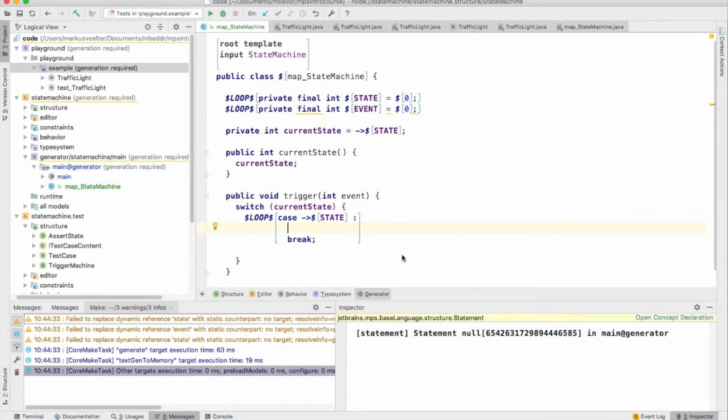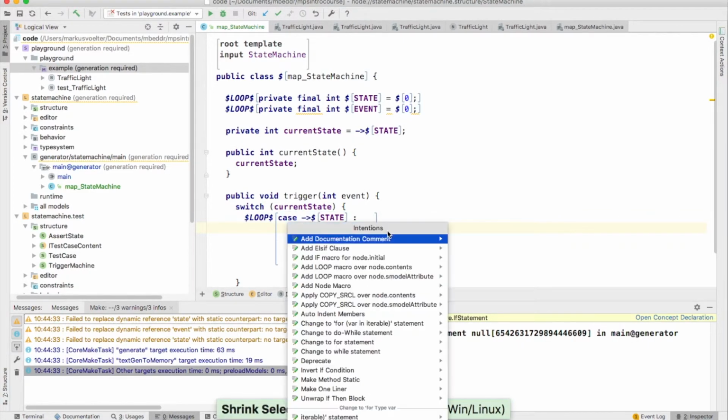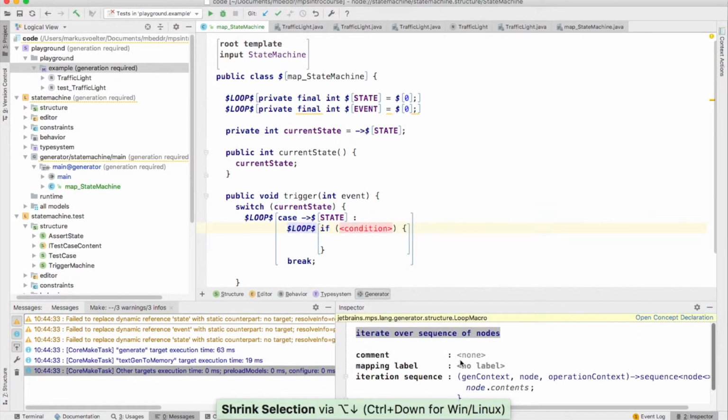Well, we need to find out all transitions inside that state and see if one is fired by comparing if the triggering event is the particular event we give in here, and I use an if for that. And so again, we need to do that if for all the